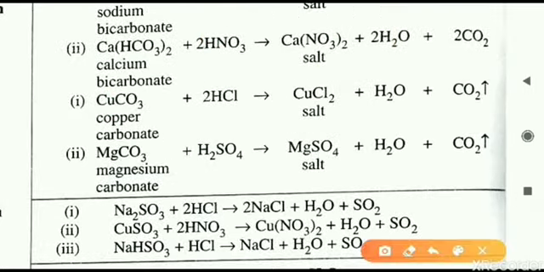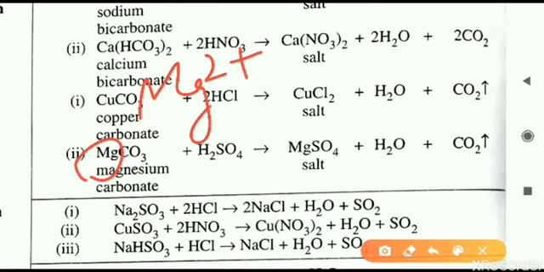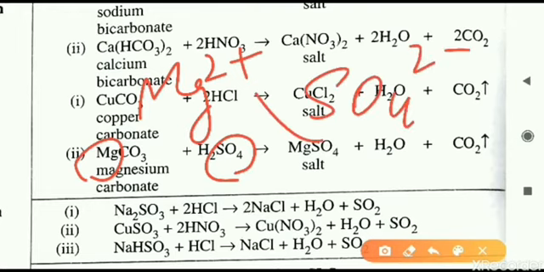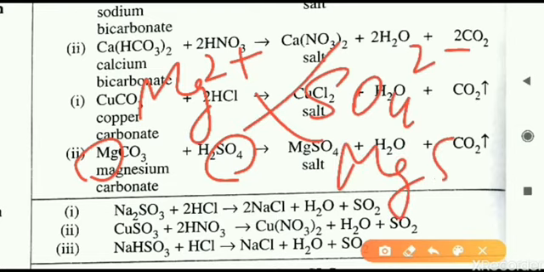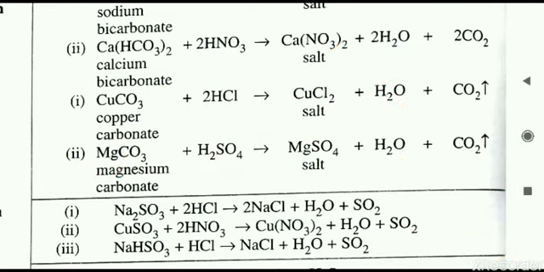The last equation given is MgCO3, that is magnesium carbonate. Magnesium is 2 plus. You should be remembering the valencies. If not, then search for these valencies, otherwise it will be very difficult to memorize these equations. These become very simple if you know the valencies of different ions. So be thorough with the valencies. Another one now: magnesium Mg2 plus, and sulfate is what? Sulfate is SO4 2 minus. Now again if you transpose this, what will form? It will form MgSO4, because 2 plus and 2 minus cancel. So we will get the salt, that is MgSO4.